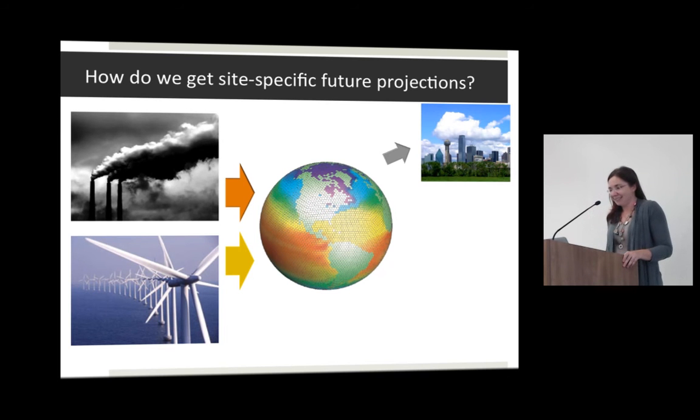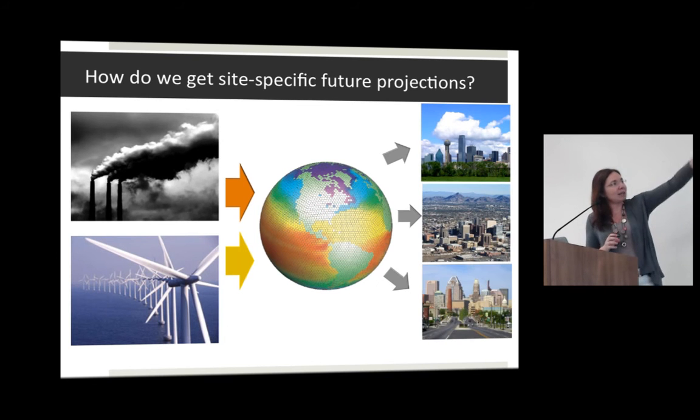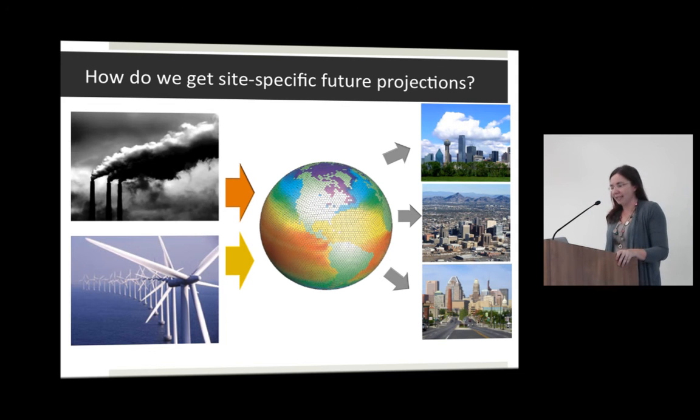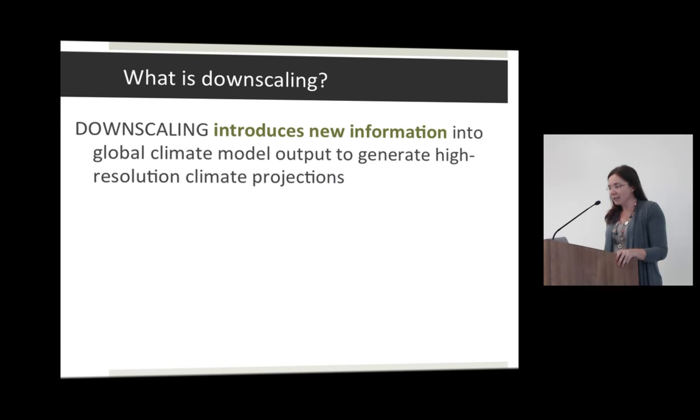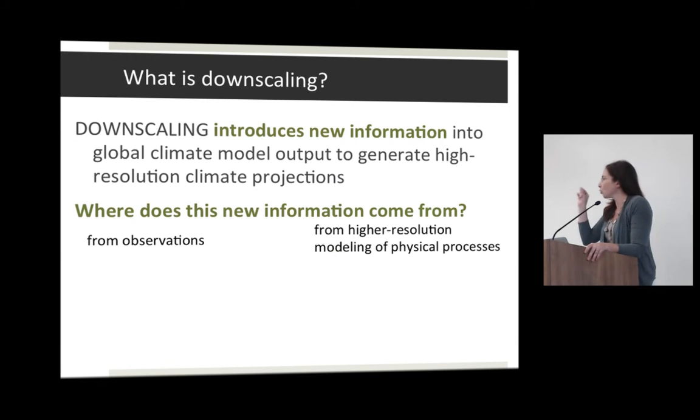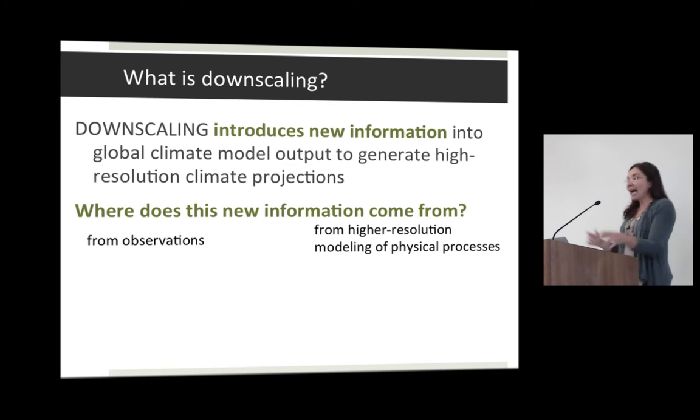How do we get from these big scenarios through the global models to the level of the individual city? We do so by downscaling, and downscaling is not regridding. I know I said that slowly and I wasted a few seconds, but I'm going to say it again. Regridding is not downscaling. You are adding precision, but you are adding no more accuracy. Downscaling in the context of climate information adds new information.